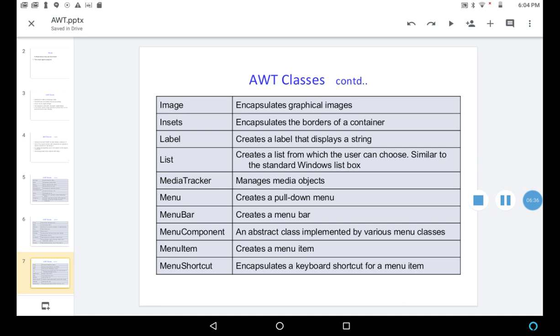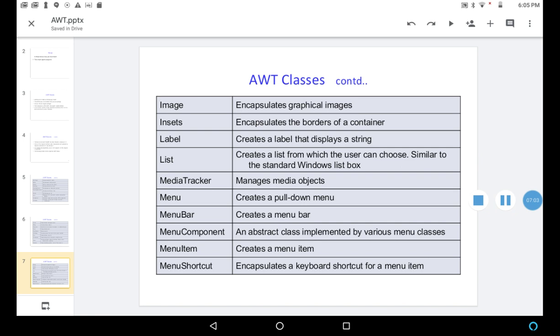Another class is image, which encapsulates graphical images. Insets encapsulates the borders of a container. Each and every class has different methods to perform these things. Label creates a label that displays a string.